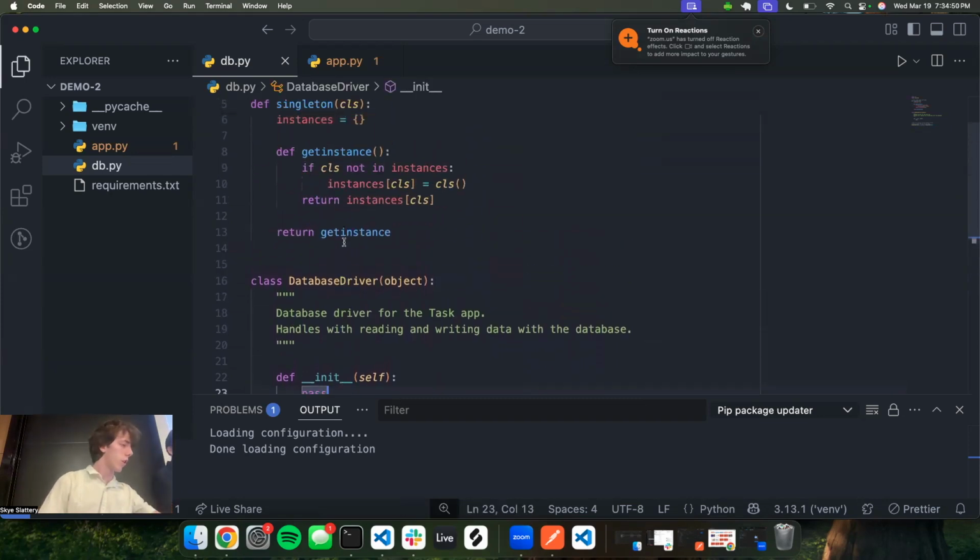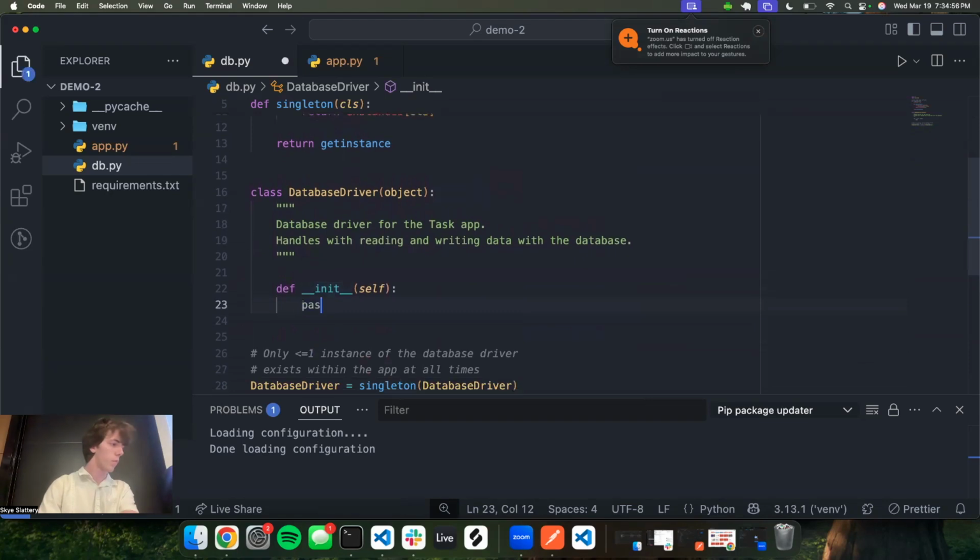I'm going to work on this init function first. What init is going to be doing is basically securing a connection with the database, and then it will be storing that connection into an instance variable, con. So the way that we do that,